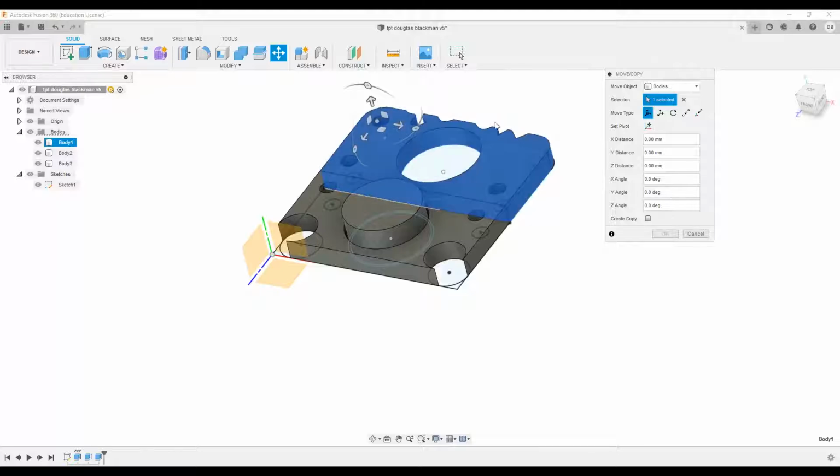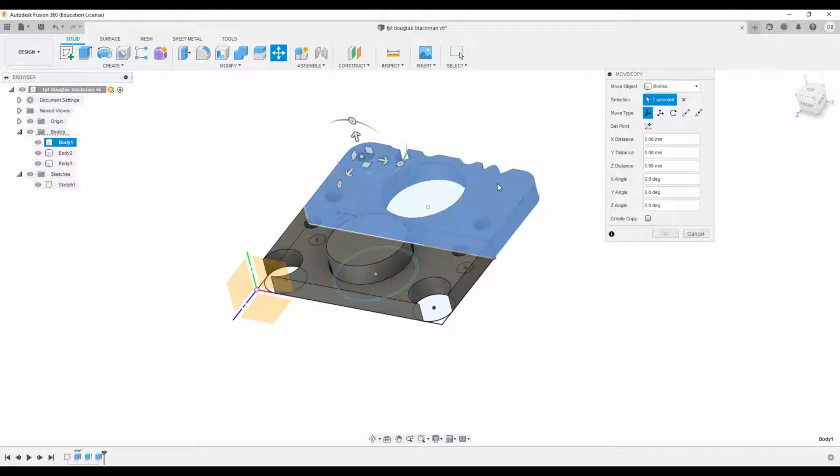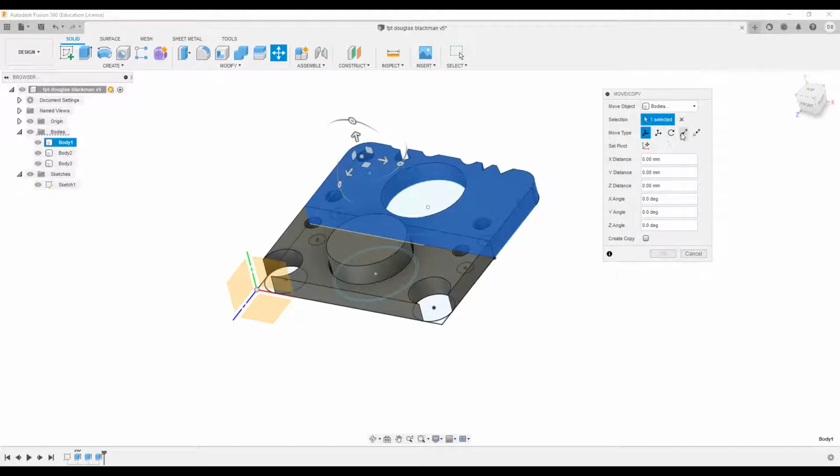So we now need to move this part, and the reason I paused and started a new video is because there are quite a few ways of doing this. There are a few different functions that we've got here. The first one is free move, and this allows you to move this pretty much in any direction and to